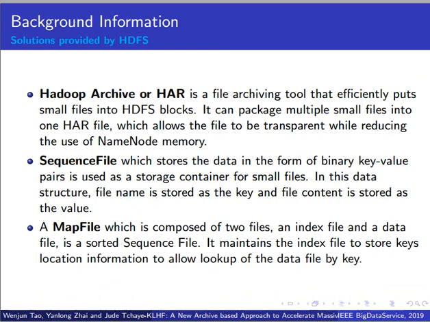There are some solutions provided by HDFS, such as HAR, sequence file, and map file. Hadoop Archive, or HAR, is an archiving tool that efficiently puts small files into HDFS blocks. It can pack multiple small files into one HAR, which allows the files to be transparent while reducing the use of name node's memory. However,